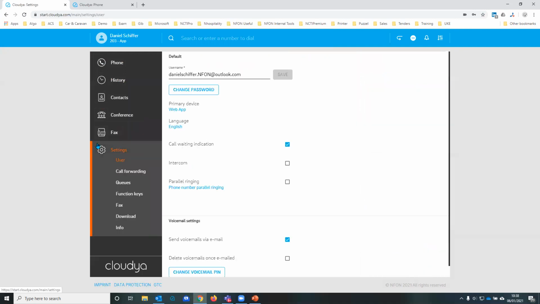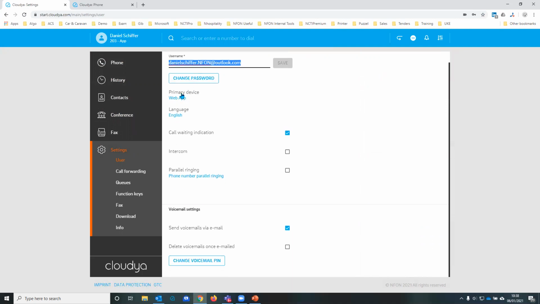Obviously, there's some settings buttons. This is your username and password if you can't remember your password. And here's quite a good one, your primary device. Remembering, if you've got the premium license, you can have up to 9 devices. And when calls are ringing your DDI number or your extension number, all of those devices can ring. But if a call is ringing one of your queues or hunt groups,